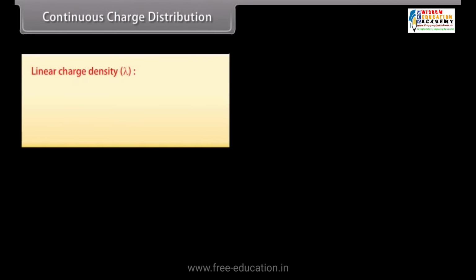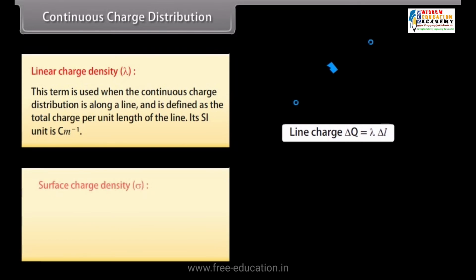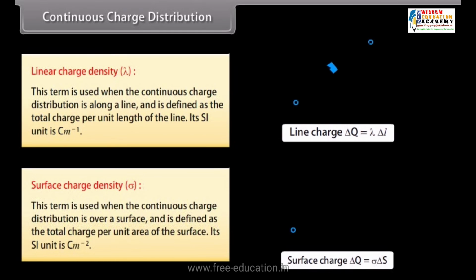Linear charge density, lambda. This term is used when the continuous charge distribution is along a line and is defined as the total charge per unit length of the line. Its SI unit is Coulomb per meter. Surface charge density, sigma. This term is used when the continuous charge distribution is over a surface and is defined as the total charge per unit area of the surface. Its SI unit is Coulomb per